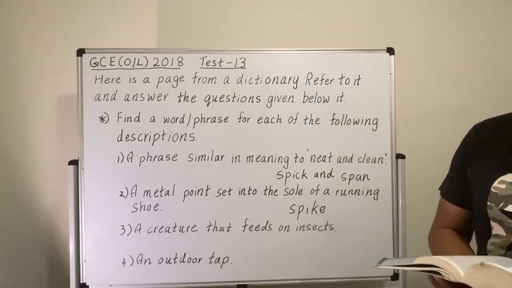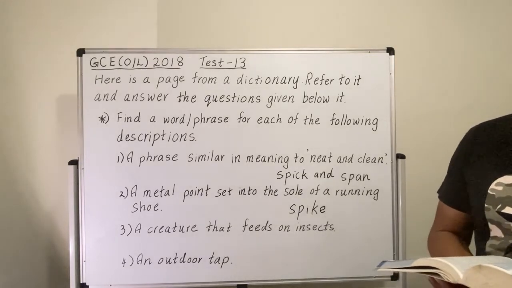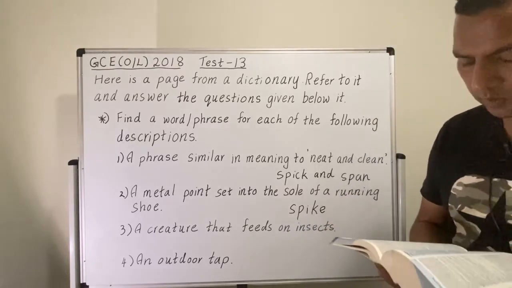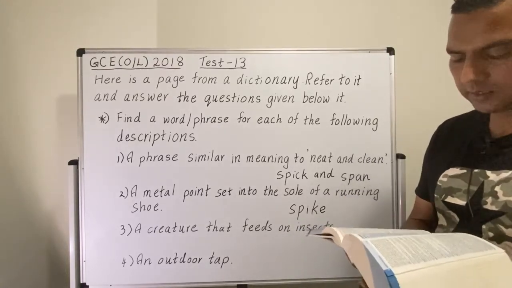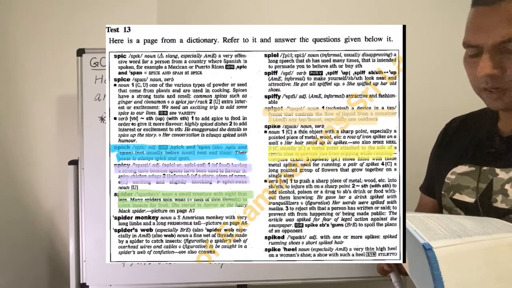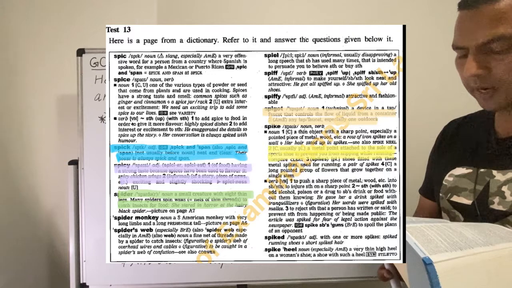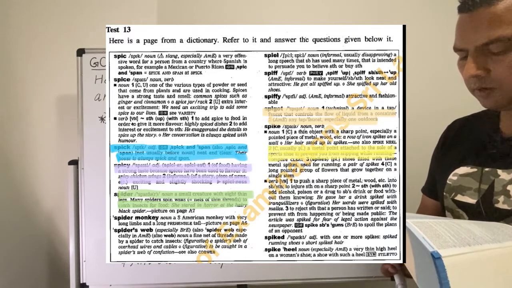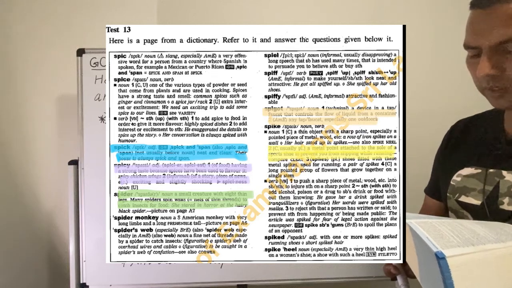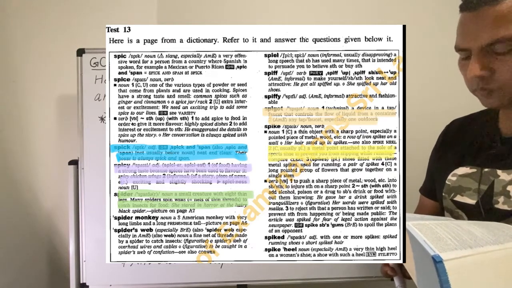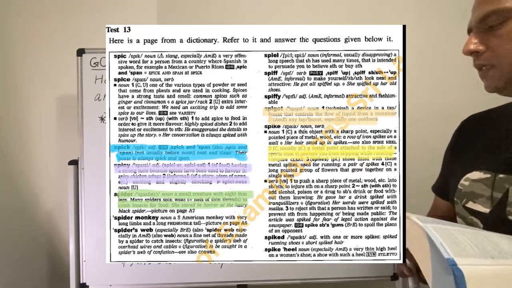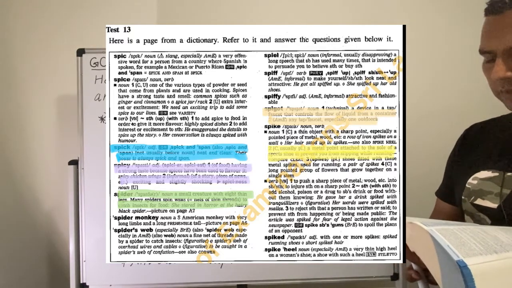So what do you think that is? If you look at the word spider, which I have highlighted in green, let's see what description they have given about the spider. A small creature with 8 thin legs. Many spiders spin webs, okay, to catch insects for food. So what does it say? Spiders, what do they do? They